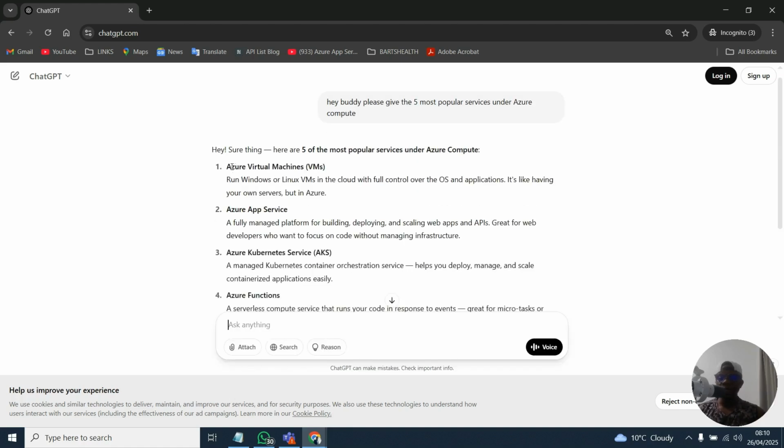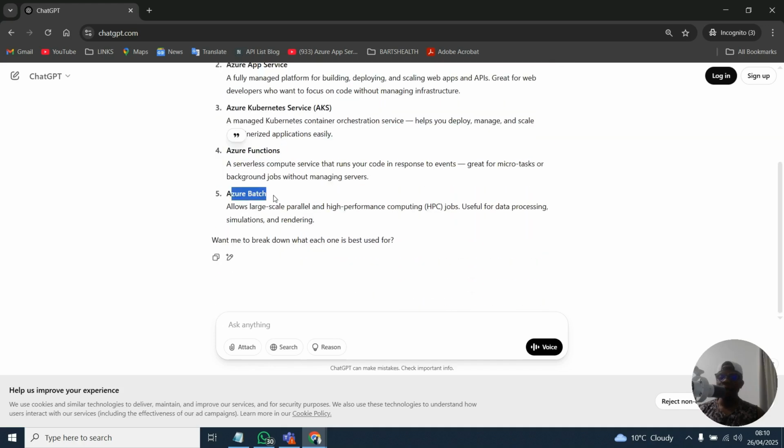Then you can see here that the 5 most popular services under Azure Compute are Azure Virtual Machines, Azure App Service, Azure Kubernetes Services, Azure Functions, and Azure Batch, right?